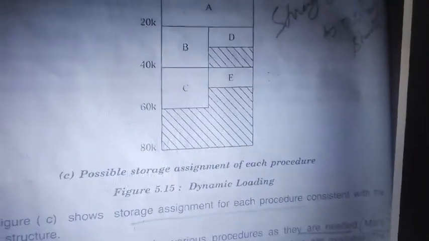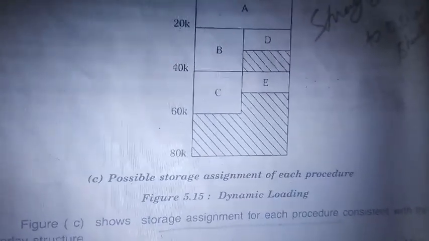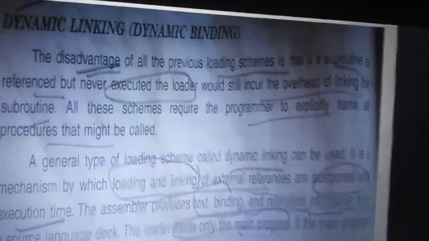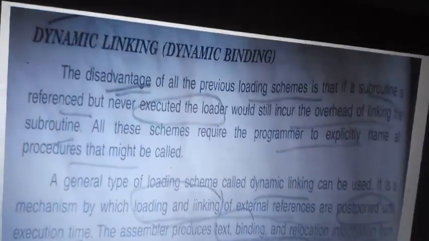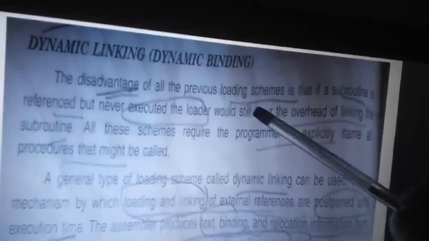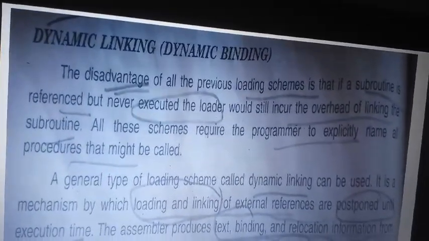But in direct linking, we need to load every program so that we get all the addresses, and then we start linking. But dynamic loading eradicated that problem of the direct linking loader. So when we have dynamic loading capacity, then we can have dynamic linking capacity. Clear?